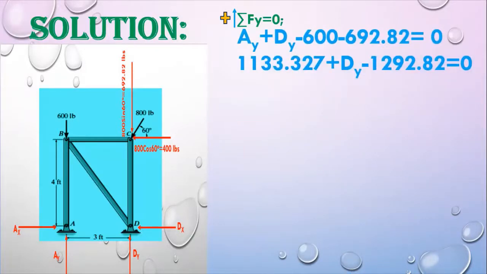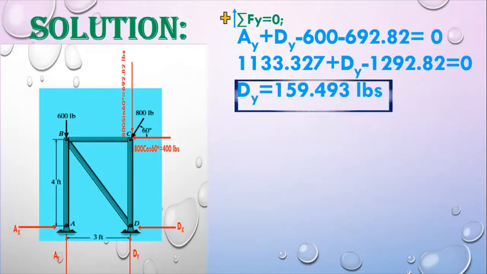Then I put the value of AY which I have calculated at joint A in the previous slide. So I put the value, then I will get the value of DY. You will get the same value if you solve for DX and DY by the joint method using joint D. So you can calculate it yourself for your practice, and if you want to prove it.